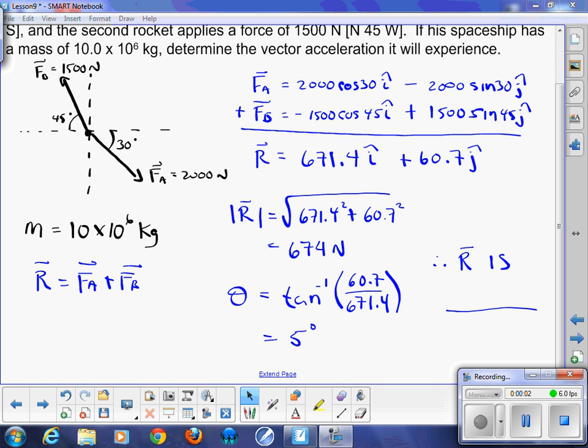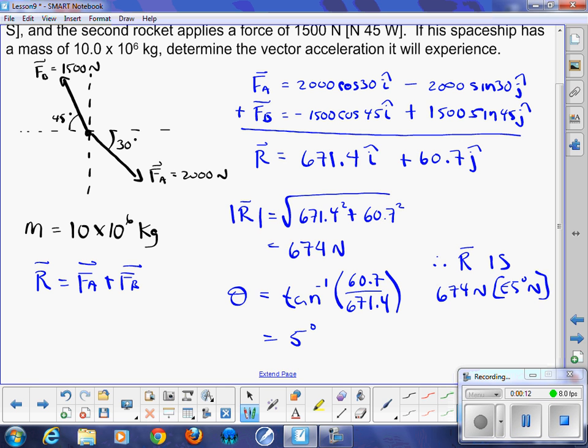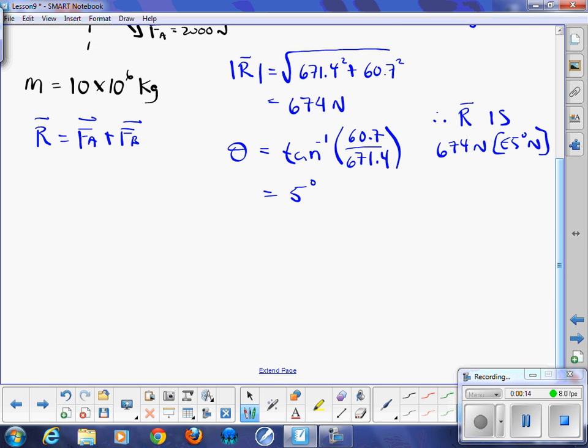So on our home stretch then, the resultant for that particular example is 674 newtons, and the direction would be east, 5 degrees north. Now they wanted the acceleration, so just to finish that off, with our unbalanced force, mass times acceleration. So we know 674 is the unbalanced force. Mass is 10 times 10 to the 6 multiplied by our acceleration. So when you do the division there, your acceleration is